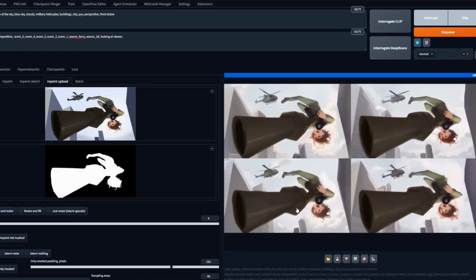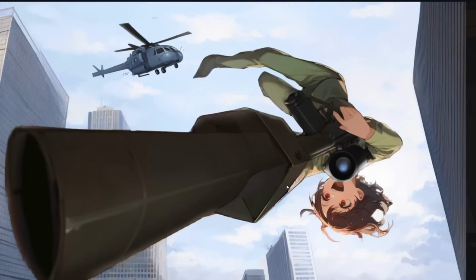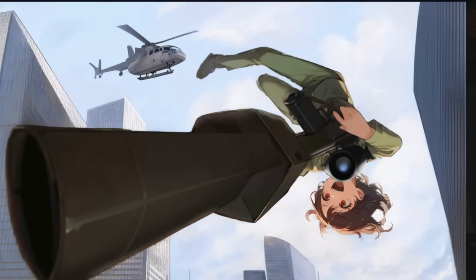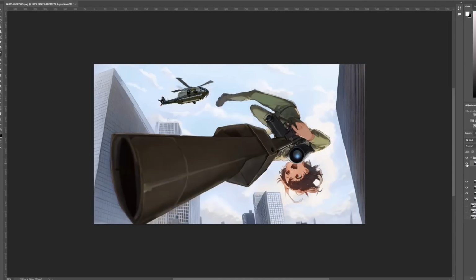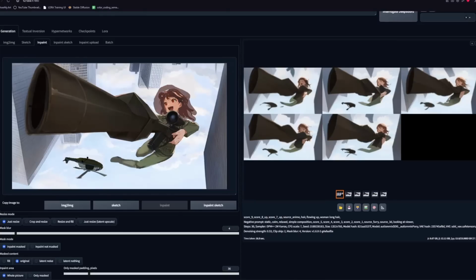After that, we take full advantage of AI's forte. It's the ability to iterate fast. I create a lot of images to get different skies and clouds, as well as different buildings. Then I combine them into one image, and same with the outfit and whatever. Approaching the final version now.